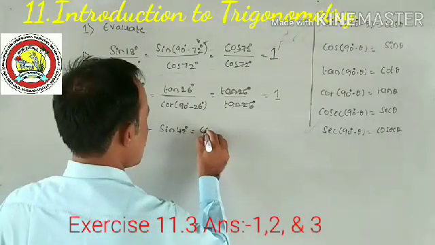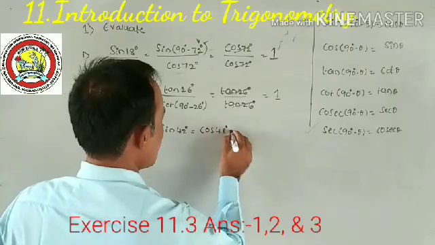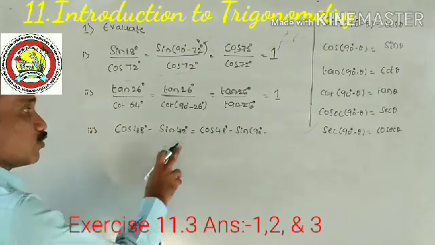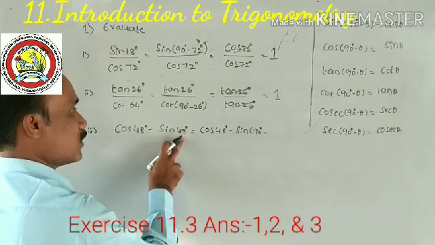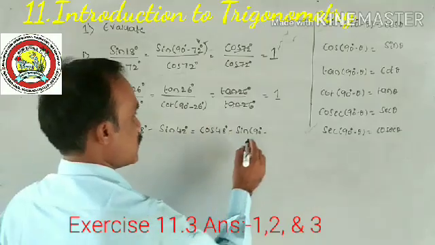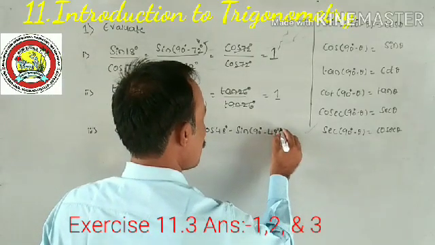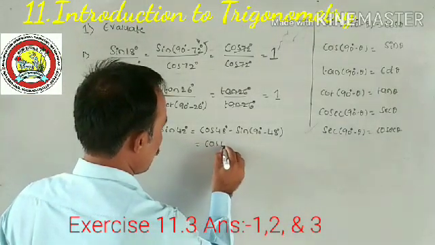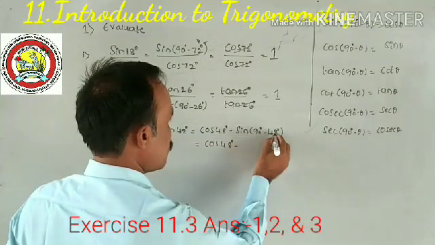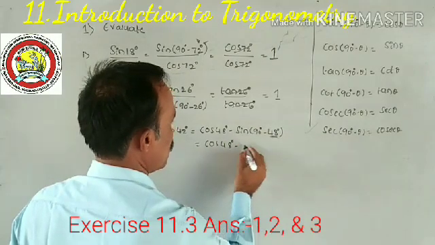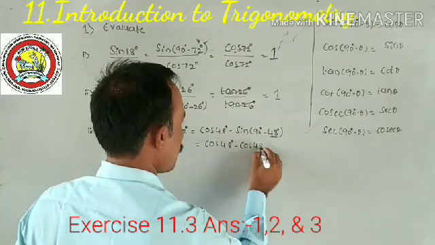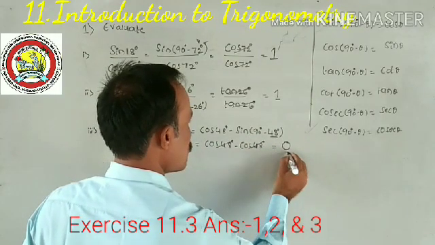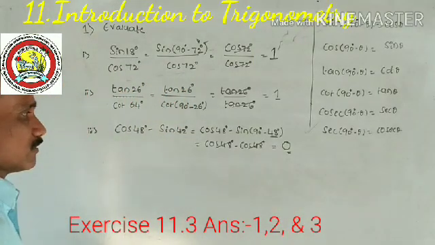Yes, cos 48 as it is, minus sin 42 can be written as sin 90 degree minus 48. Very careful, don't write 42, that is wrong. To get 42, you have to subtract 48 from 90. What will you get? 42. So this is cos 48 minus sin 90 minus theta, so cos theta, cos 48. Both are same terms, they cancel, the value is 0. Very careful, don't write 1, okay?